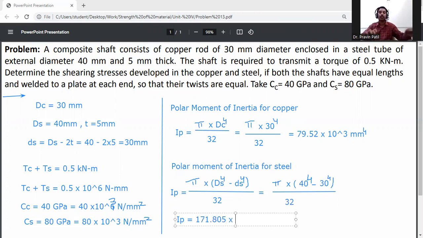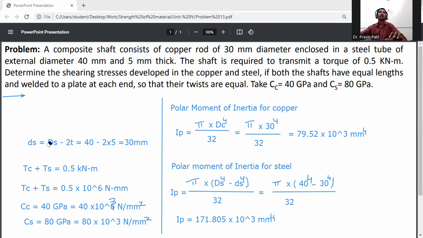171.805 into 10 raised to the power 3 mm raised to 4. Okay, so I will note down this value. So this one it is 171.805 into 10 raised to the power 6 mm raised to 4. Okay. So now next calculate